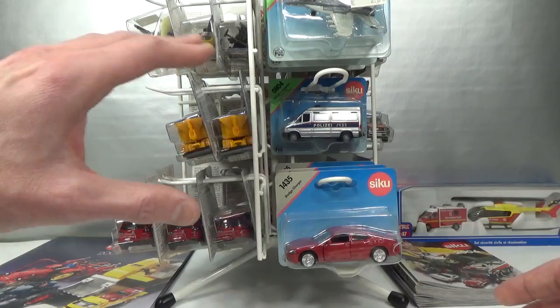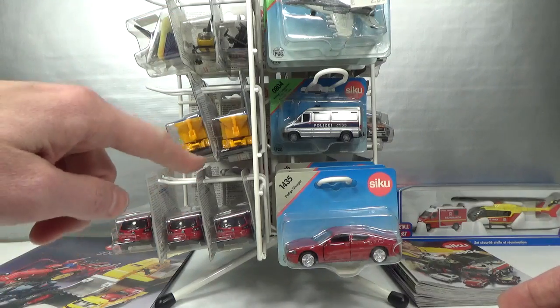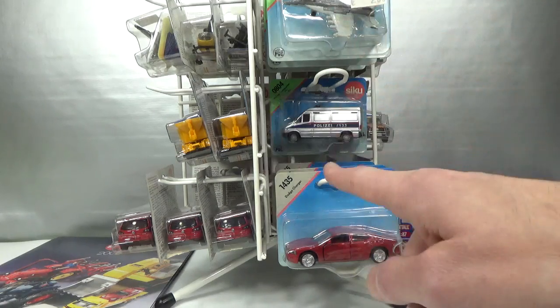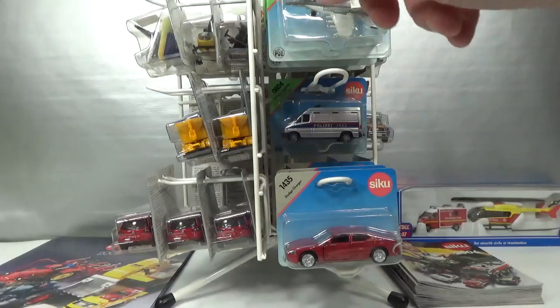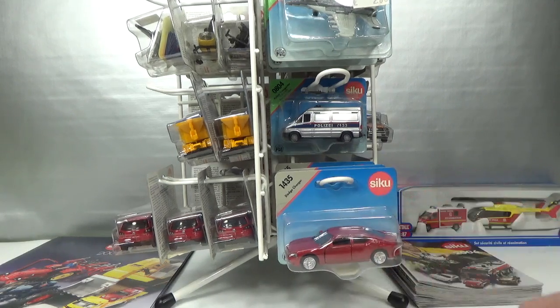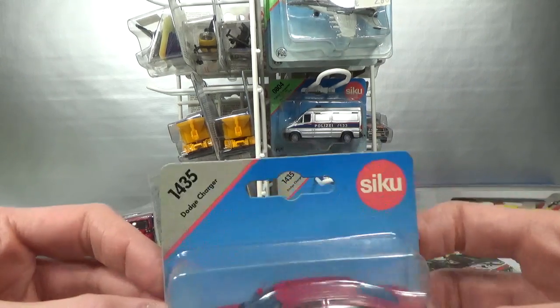So I put them all on the three lowest pegs here. So there's 6 pegs in each row times 4 sides. That's 24 pegs, and then 3 cars per peg, so you can do the math. So let's take a look at the cars. First one here,